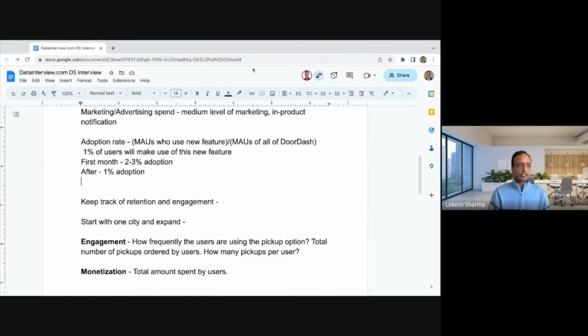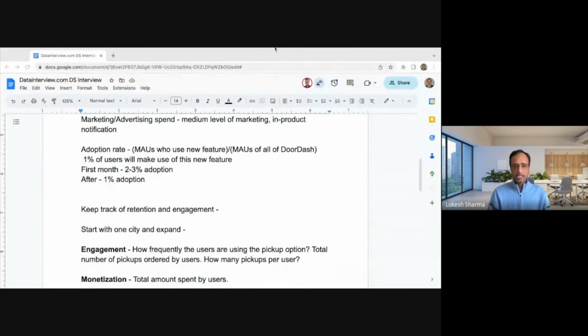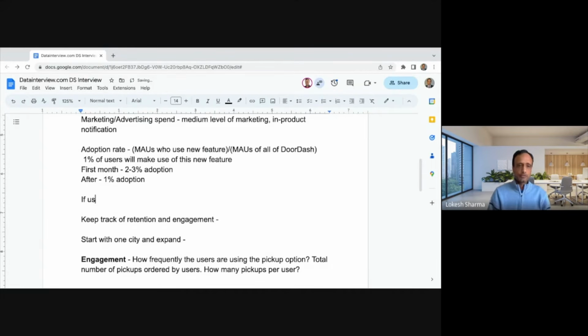Yeah, and that will depend on maybe the data analysis of how many of the Dasher users of the app actually have the need for package returns. It will also depend on how many users use it, depending on where they live. Like, do they live very close to UPS and FedEx office? If they are super close, they might not use the option, but if they are a little bit far, they might use the option. So some of these signals can help define what should be the ultimate goal for this feature.